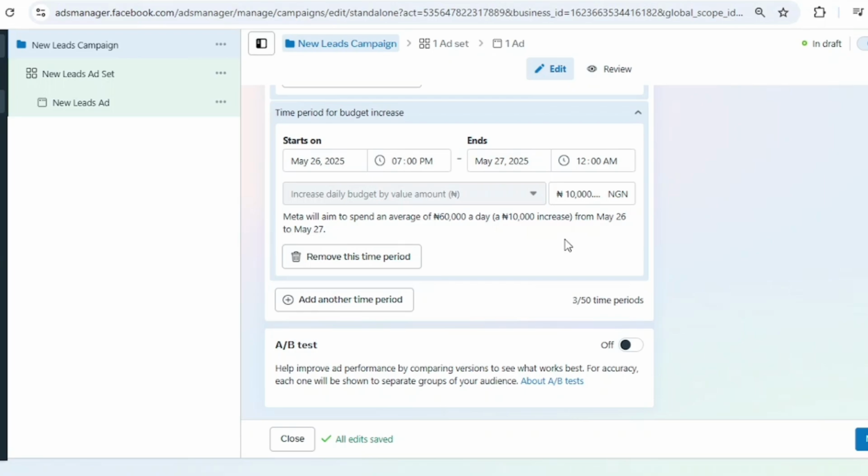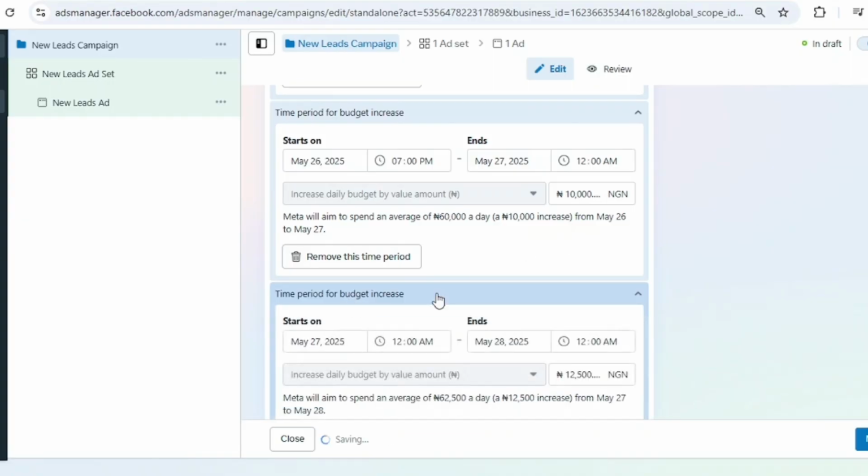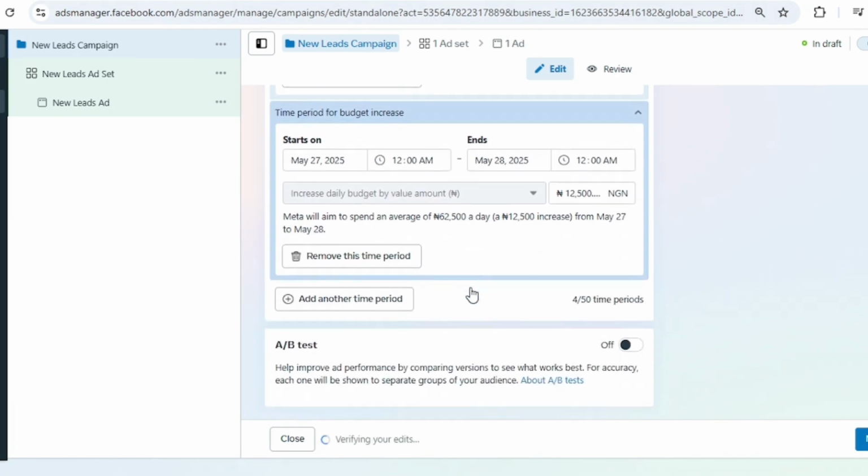And if it's for someone that has deciphered that they get more traffic and more leads during the weekends, let's say from 10 p.m. on Friday to like 12 midnight or 11 p.m. on Sunday, that means they realize that it is during the weekends that they get more results. So for those kind of people, they will not do theirs like this. So you can say add another time period now. Let me just show you how to achieve that.